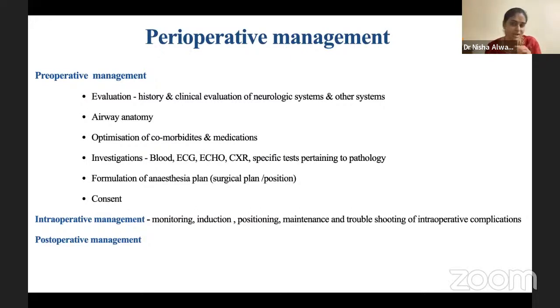For example, it's just one example that I'd like to give. If it's going to be a vestibular schwannoma and the CP angle tumor, we find that the patient presents with sensorineural hearing loss. And what would we like to do? We'd like to have a pure tone audiogram to quantify the hearing loss. So that is one simple specific test I was talking about. Next, with all this information, also the information about the surgical plan and the position of the patient that is to be given intraoperatively, we formulate an anesthetic plan. And then we explain and take an informed consent.